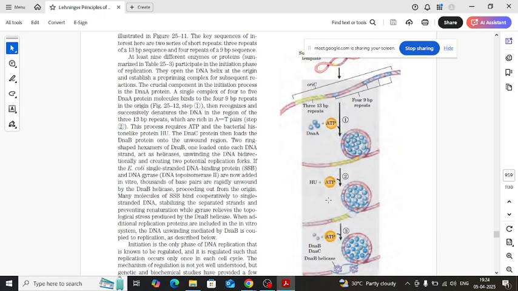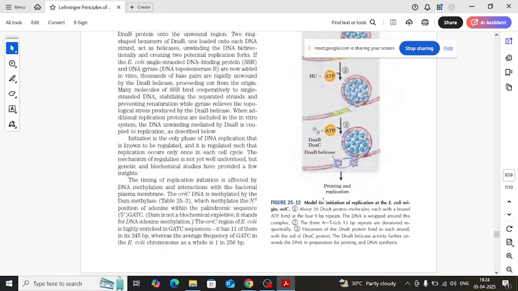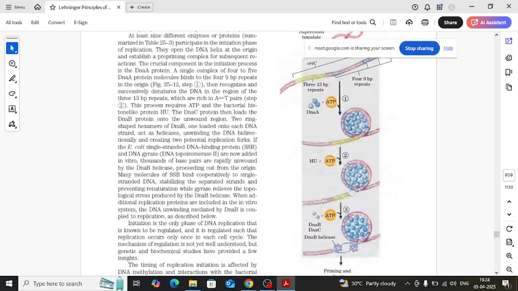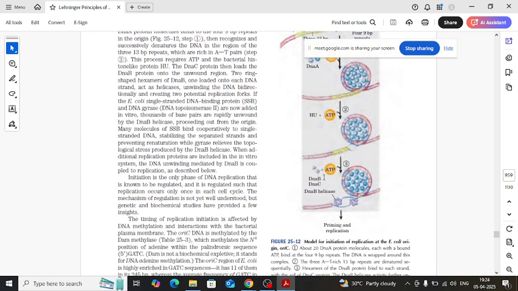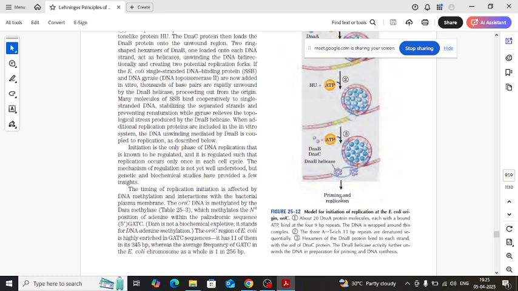Then HU will come. HU is the histone-like protein. So HU will come along with the ATP, and then DnaB and DnaC will come. DnaB is the helicase and DnaC is the loader. So this DnaC will load the DnaB helicase here, right, and then DnaB, the helicase, will start denaturing the DNA so that the fork will be melted, right,